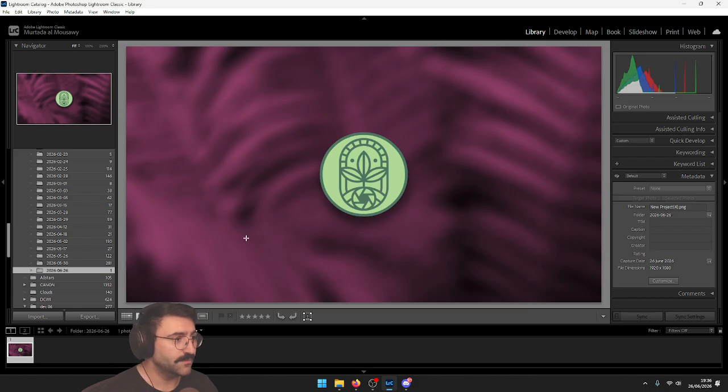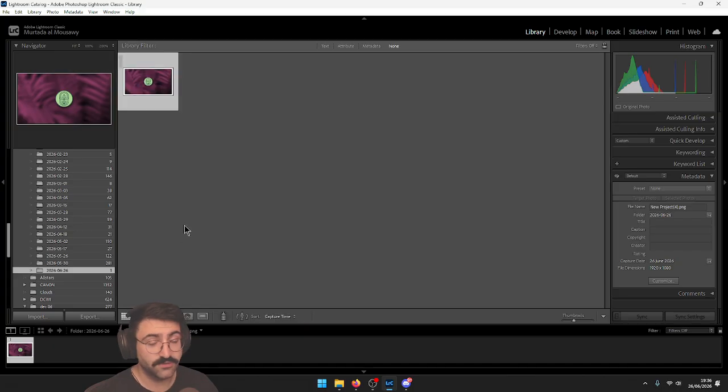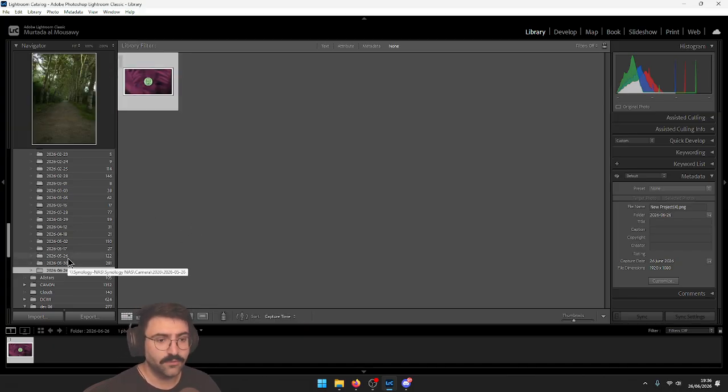Lightroom is one of the main tools that I use to do all of my photography stuff after I take a photo. When I take a photo, I usually immediately check it on my camera, right? I just check how it looks. But the actual quality check and archiving and grouping, categorizing, I would do in Lightroom. Lightroom also has the library. So currently I'm showing you one picture, which is not how it usually looks. I'll open, for example,